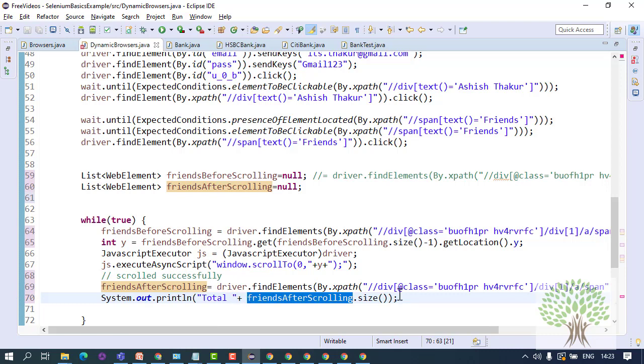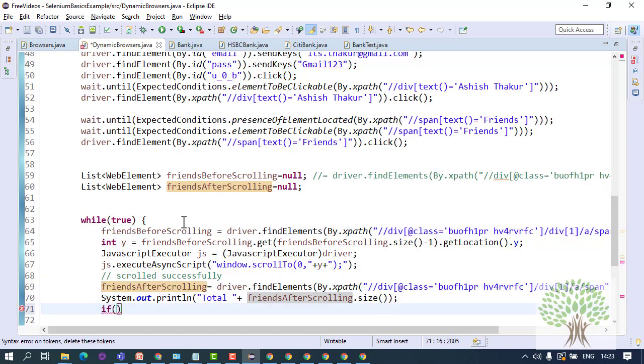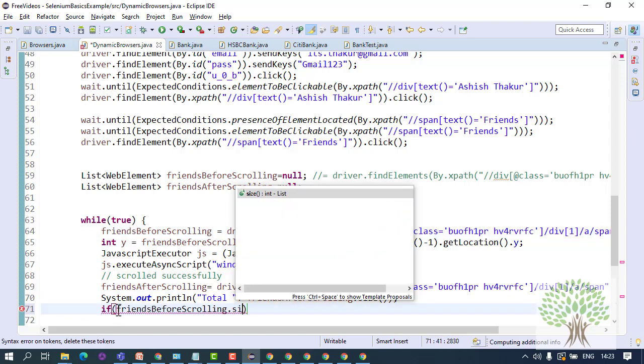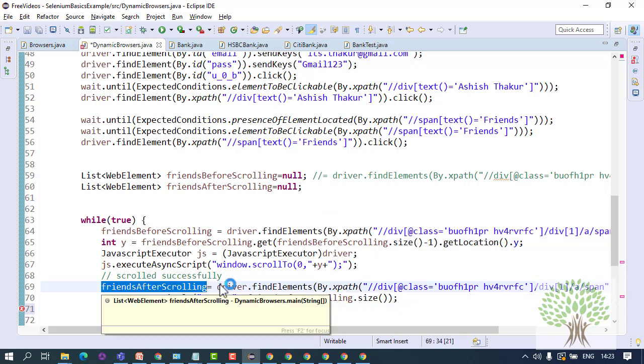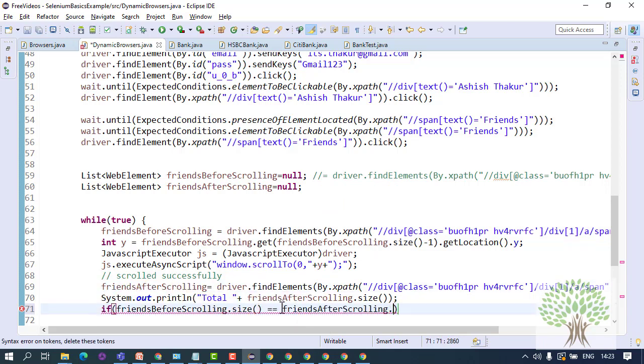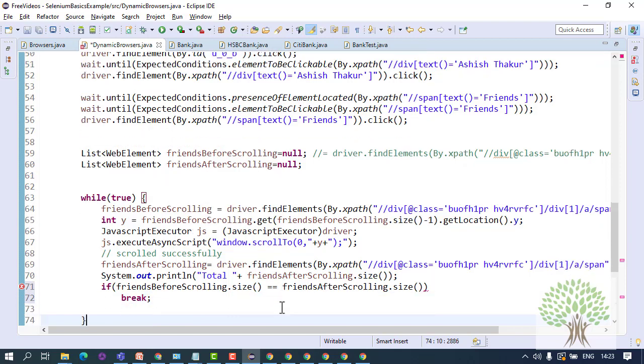And then after this you compare both the lists. In case the size of the friends before scrolling list is equal to the total number of friends after scrolling, the total number of friends don't increase, then you will have to break out of this while loop.